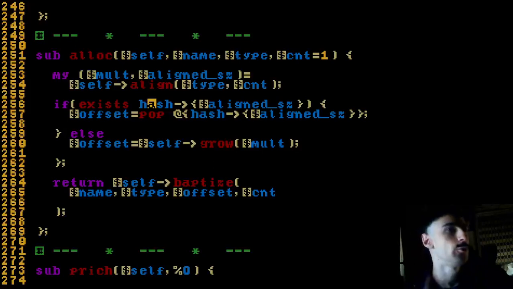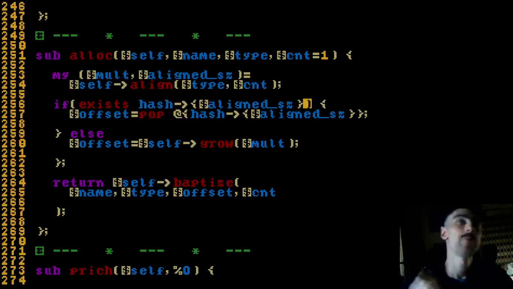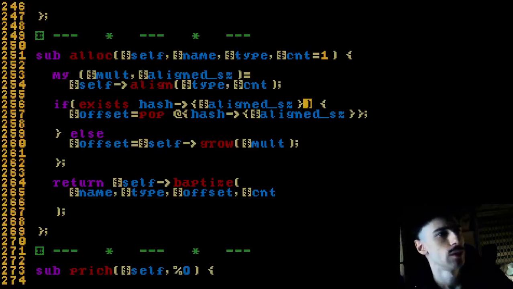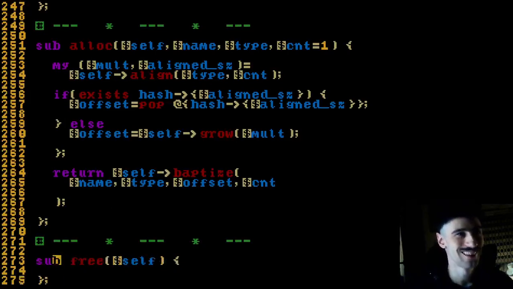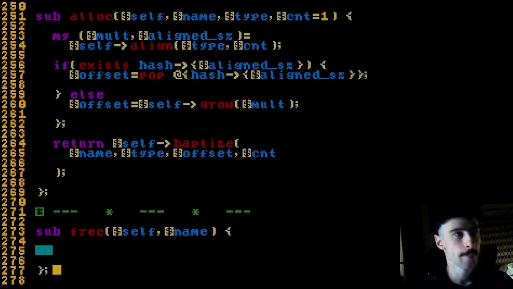And the other thing we have to do is save the offset to the aligned size. So we need to push into that, and the way we would, I describe it because I need to think about it, and when I describe it, I immediately know. I sort of start thinking of ways to do it. So let's just say free name, and I guess what we would like to do